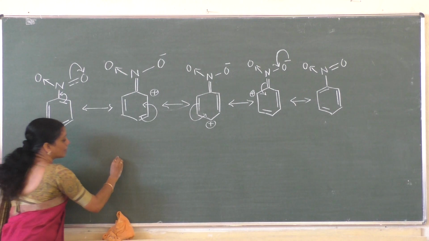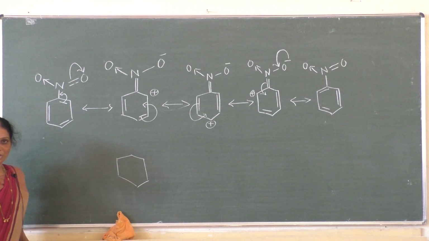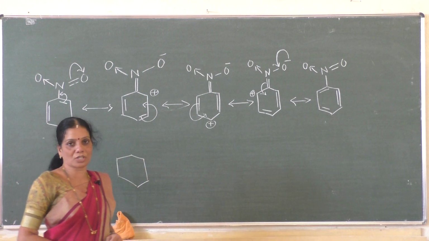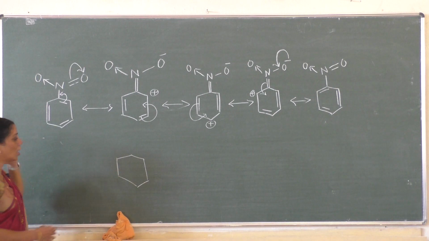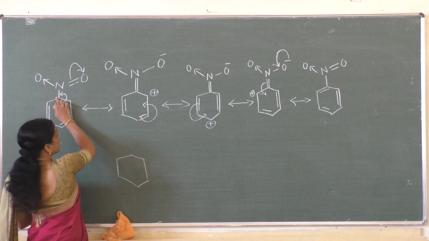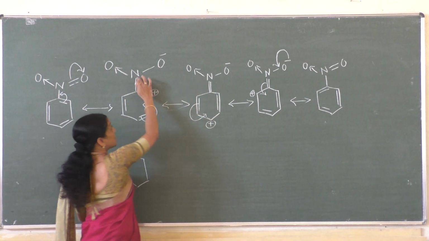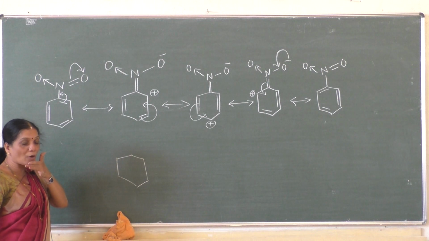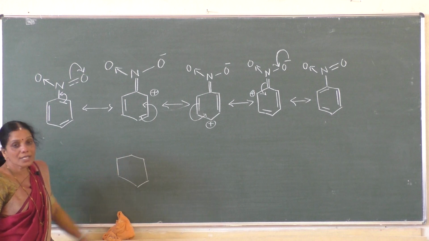The actual structure means we have to consider the resonance structures to write the actual structure, which is called the resonance hybrid structure. The resonance hybrid structure is also called the true structure of the molecule. Now here the single bond is present. In the next resonance structure, the carbon to nitrogen bond becomes a double bond. In the last resonance structure, if you consider, again it gets converted into a single bond.